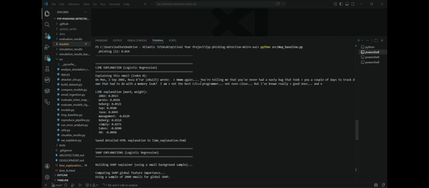Now, the LIME explanation is great for individual emails, but I also wanted to understand what the model relies on globally across the dataset. This is where SHAP comes in. SHAP computed the average contribution of every word across 2,000 training emails, and this is one of the most interesting findings in the whole